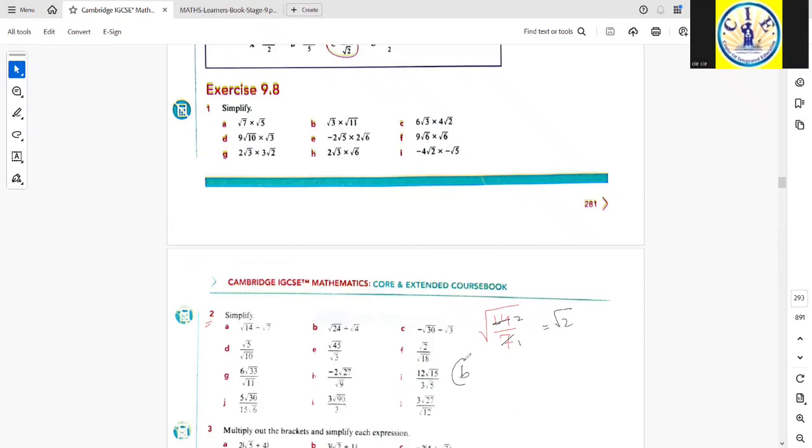Same goes for part B, writing 24 and 4 under the same radical sign. This is radical 6 and that is its answer. For part C, negative is outside the radical sign and then 30 divided by 3, giving us the answer negative times radical 10. Okay, then